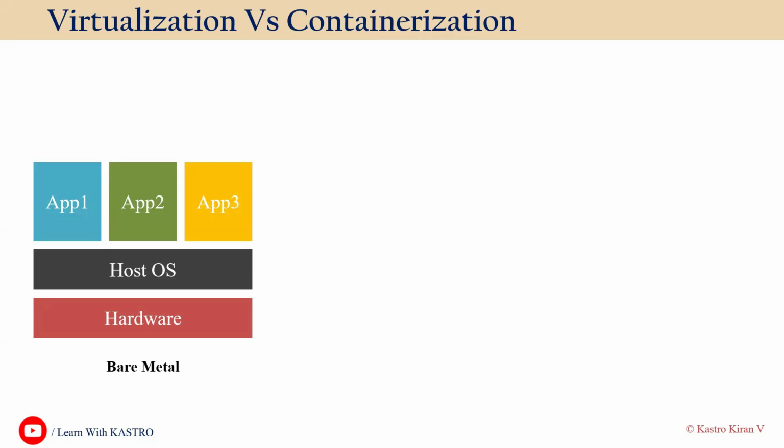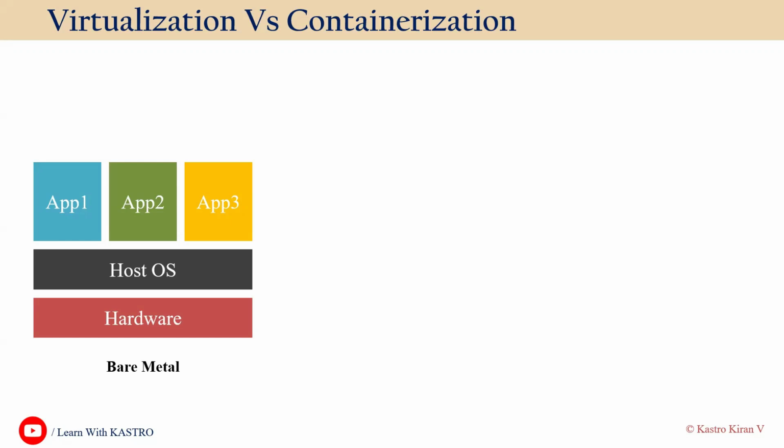As an example for bare metal, we can consider our laptop. If you take our laptop or desktop, it consists of the hardware components such as keyboard, mouse, and also the RAM, ROM, the processor. All these things come under the hardware components. Now, once your laptop consists of all the required hardware components, then we are going to install the operating system. Let's say in our laptops we have the Windows operating system. In Mac laptops, we'll have the Mac operating system.